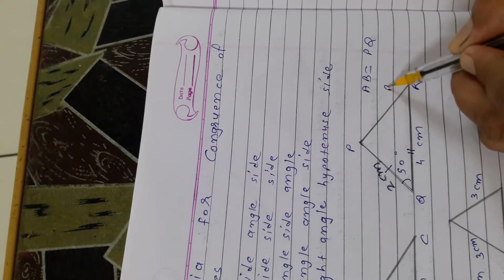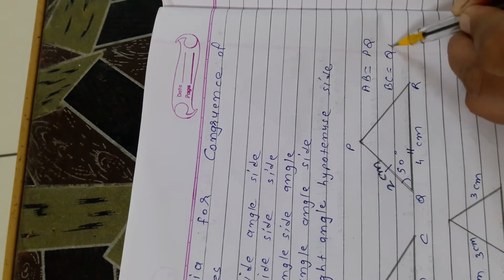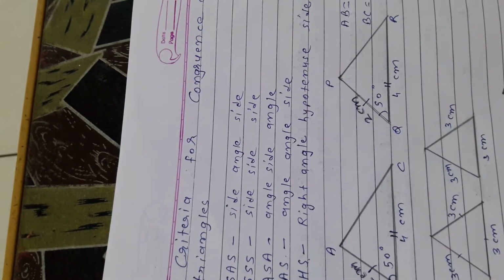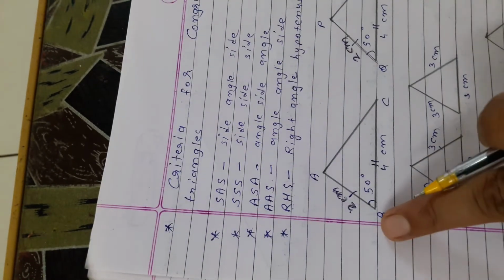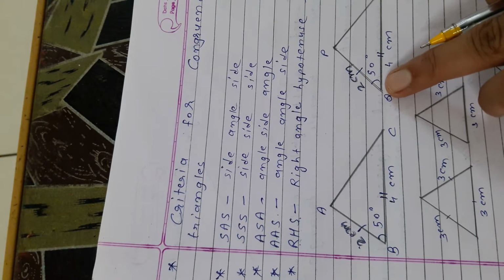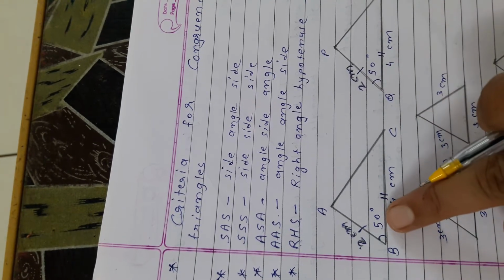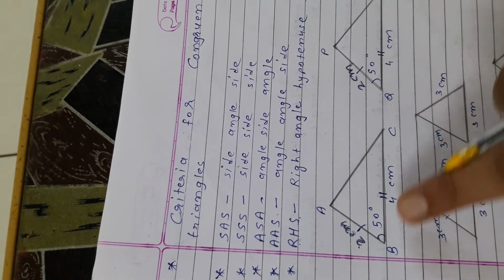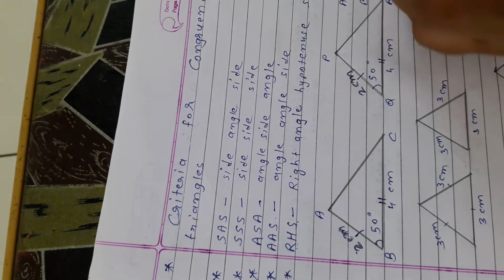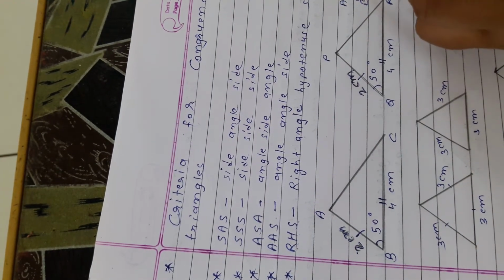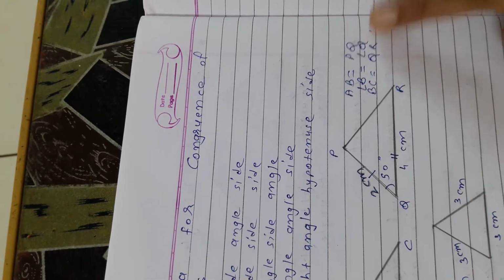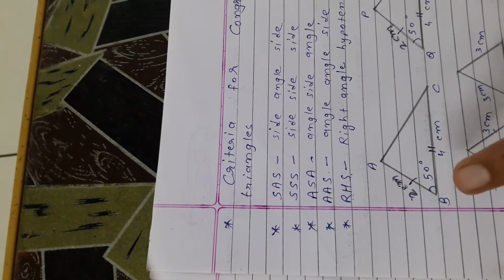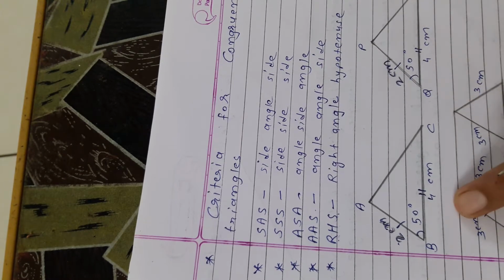So that is BC equal to QR, and angle B is corresponds to angle Q, and both are also same. Angle B congruent to angle Q, that is angle B is equal to angle Q. So here we have for both the triangles